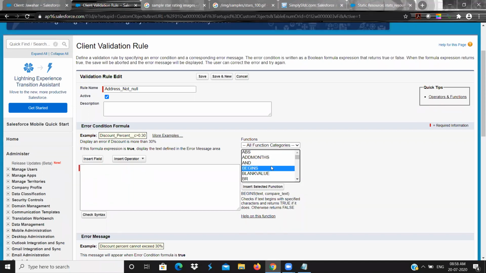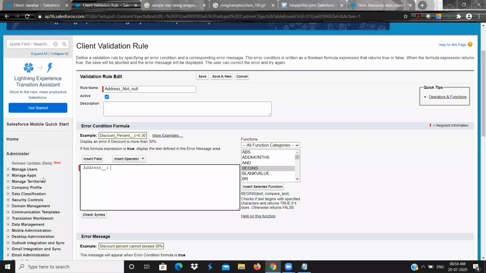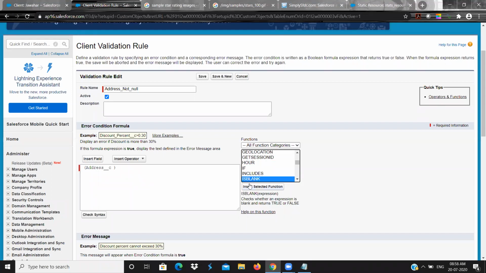What we need to give is we need to check the field, that is the address field, right? In the client we have the address field. The API name of the field is inserted. So what we need to check is whether address is blank. Here we need to give is blank.